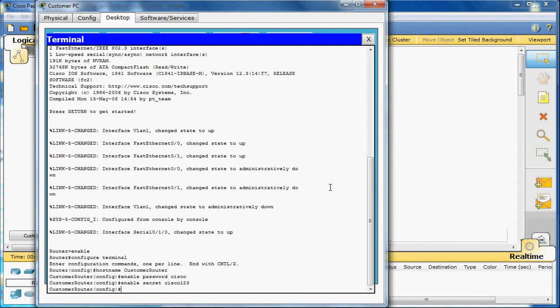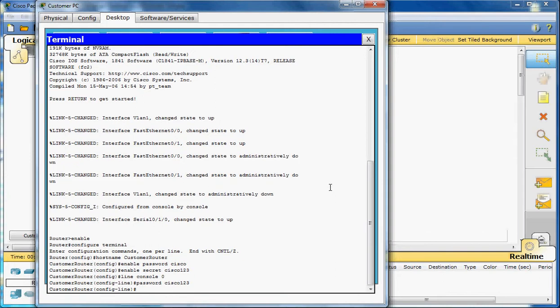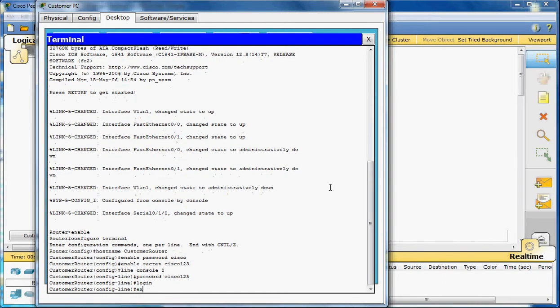So if anyone attaches with a console cable, they will still need the password, and to do that, you do a line console 0 to get into that line config area, and then do a password Cisco123, login, exit,